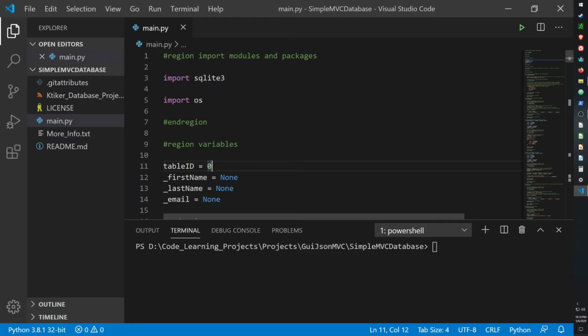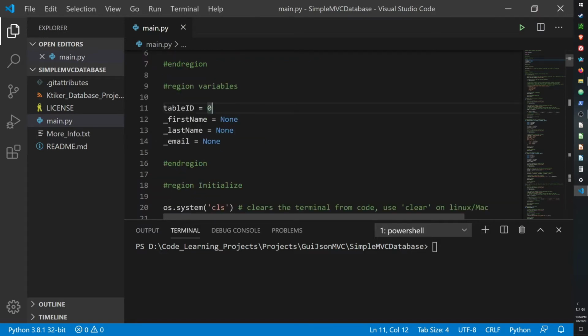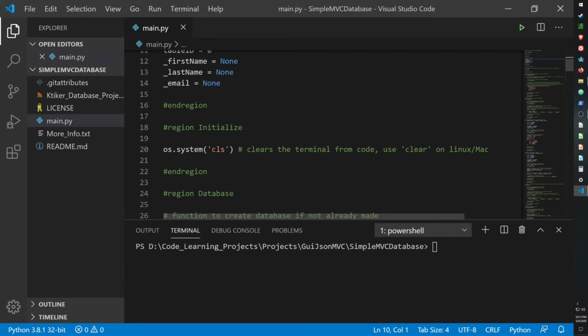So let's get started. For starters, I've created some variables for the three inputs we have for our table. So for the first name, last name, and email, these are going to be string variables that I've initialized to none. I've also created a table ID set to 0. This will track which record in our table is being used currently, so we can query it, delete it, or insert one. The OS system is just to clean the terminal,